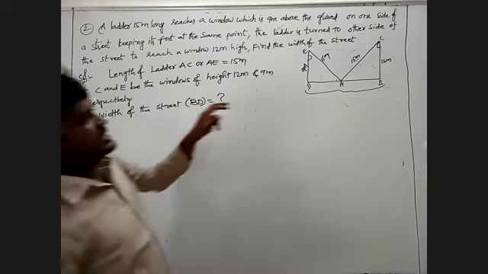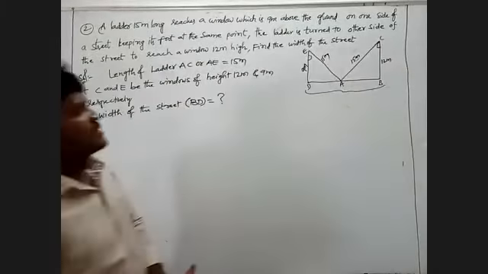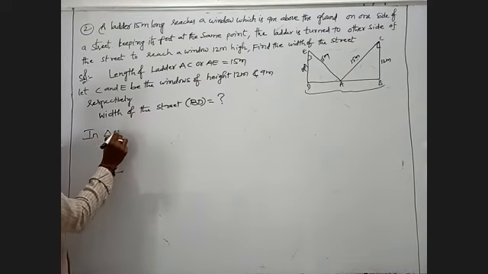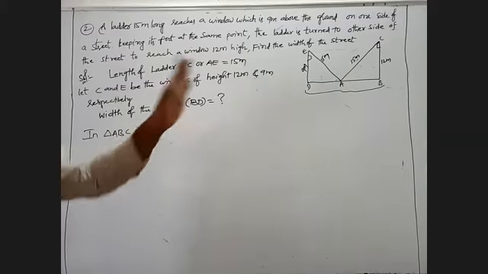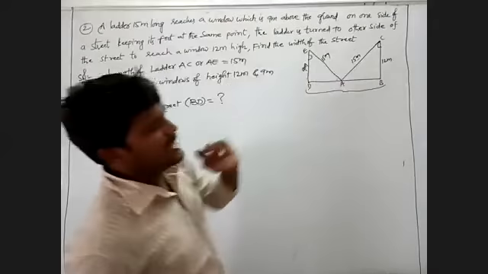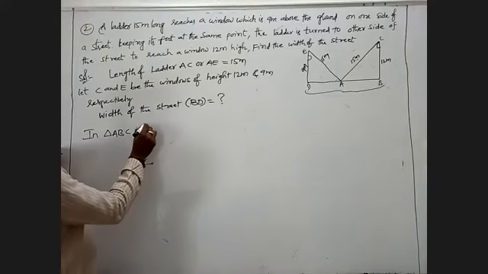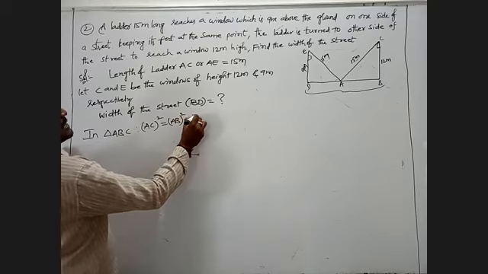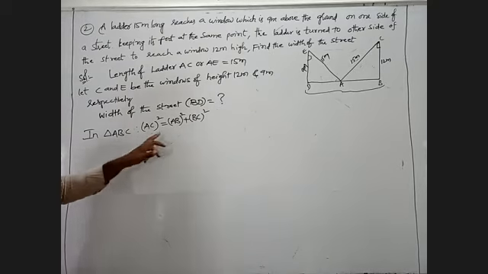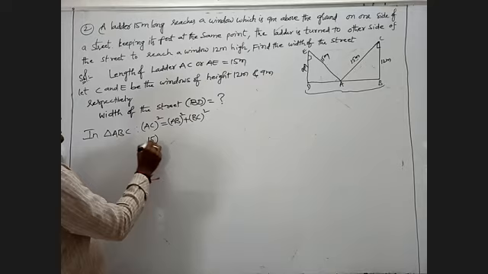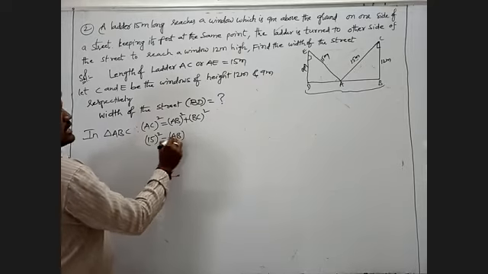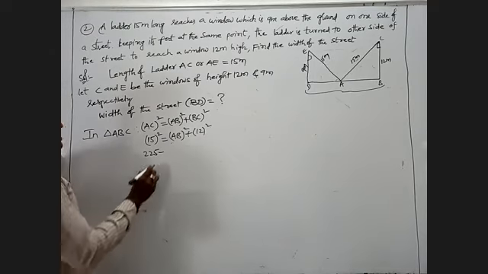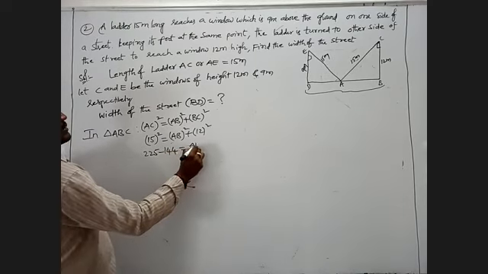First we will observe in triangle ABC. We will observe in triangle ABC is a right angle triangle. First we will take the hypotenuse where the given hypotenuse is AC. AC whole square is nothing but AB square plus BC square will write. Where AC is nothing but 15, so I will write 15 whole square is nothing but AB square plus 12 whole square will write. 15 square is 225 minus 12 square is 144 is nothing but AB square.